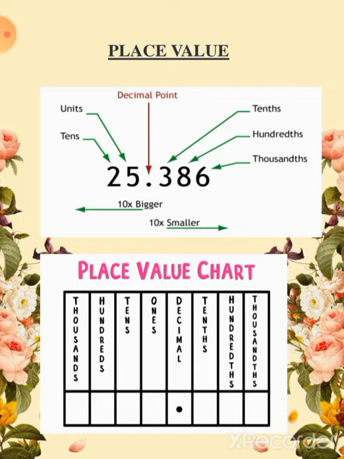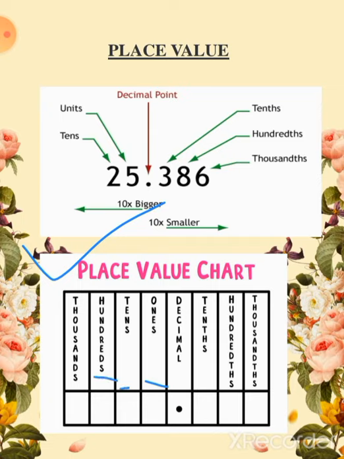There is a little difference in the place values of decimal numbers. Here is the place value chart for decimals. We know that if there is no decimal in a number, then the place values will be ones, tens, hundreds and thousands. But if there is a decimal in a number, then the digit just to the right of the decimal will be called the tenths place, the next the hundredths place, the next the thousandths place, and after that the ten-thousandths place. Similarly, this will be the place value for decimals.